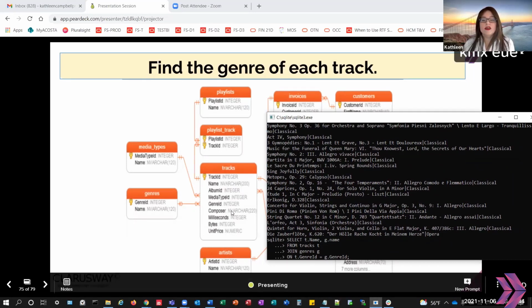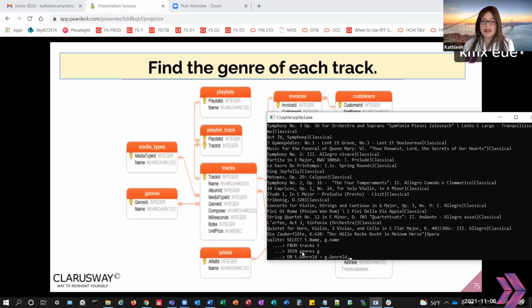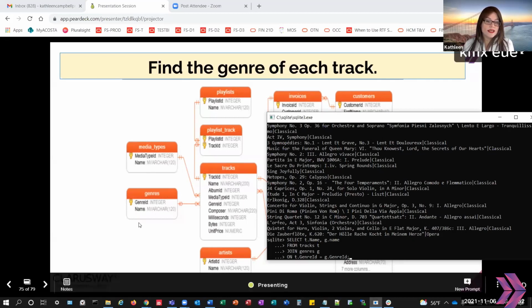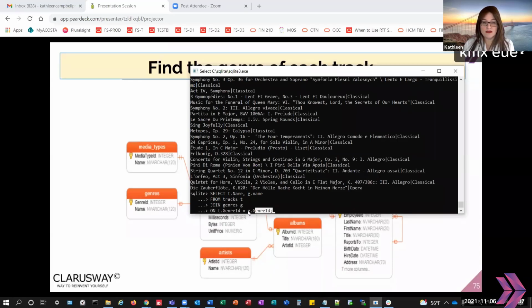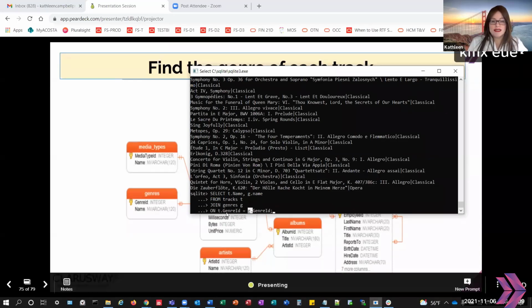the composer, you would put in your field selection, you'd have t.name, t.composer. And then once we go over here and we pull in data from the genres table, since we've given that a short name here of G, I only have to type out g.name. Same goes for ON, where we're establishing that common field. So the common field from tracks is genre ID, and the common field from the genres table is genre ID, but it takes me a lot less time to type out that